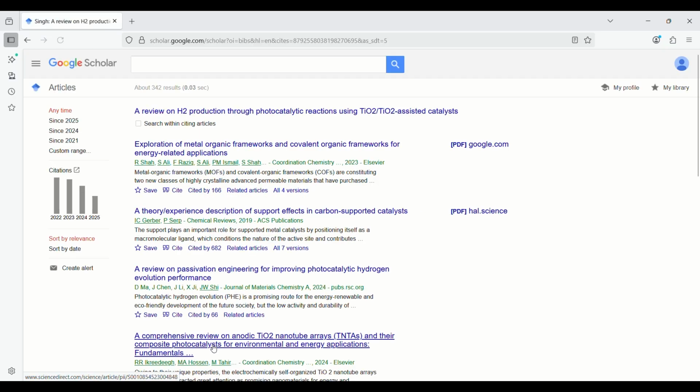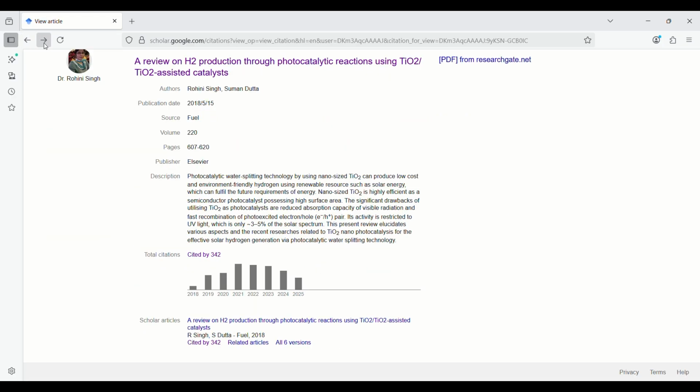You can see these are all the publications where this publication has been cited, and you'll get all the information if you click the link in the same manner.